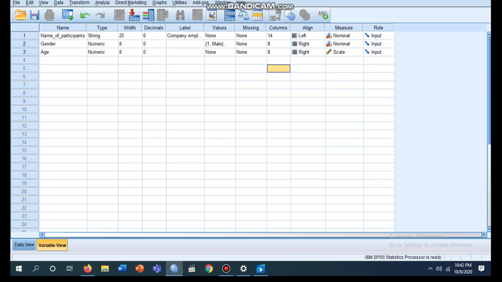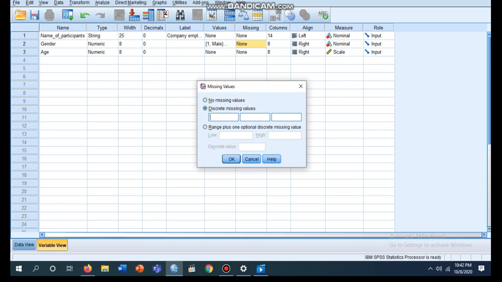Alright, for the missing column. Suppose when you gave the survey, some individuals did not answer specific questions, like somebody didn't give their age, somebody didn't give their gender for whatever reason. But now when you're entering the data, you have to enter something there. So for that, we'll add a missing value, right? For no response. Here we select discrete missing values and enter 999.